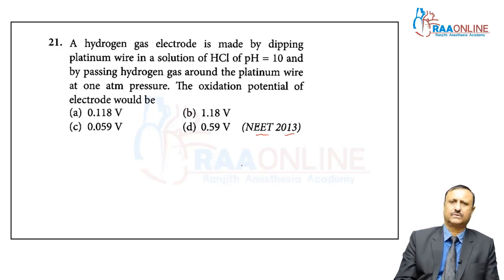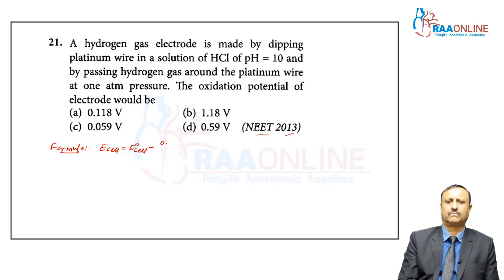A hydrogen gas electrode is made up by dipping platinum wire in a solution of HCl of pH equal to 10 and by passing hydrogen gas around the platinum wire at 1 atmosphere. The oxidation or electrode potential would be, here my dear students, which formula is used? Formula you can see here, E cell equals E naught cell